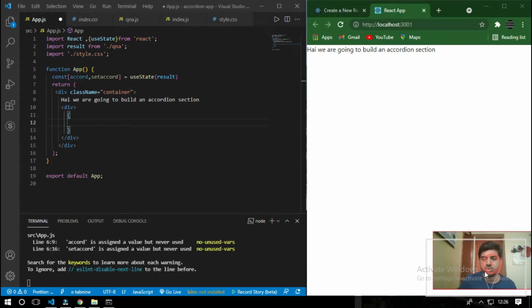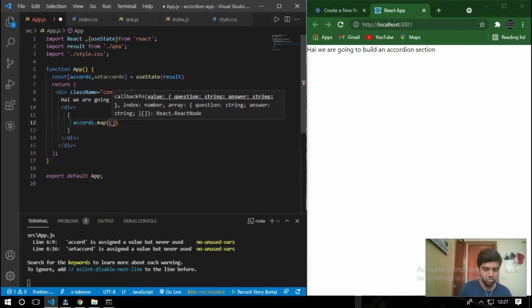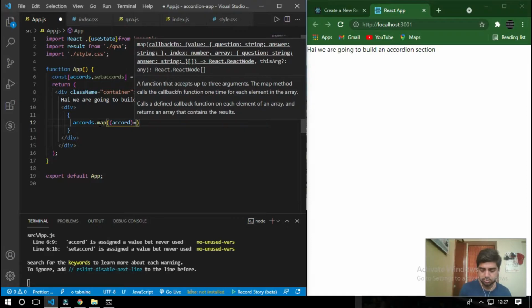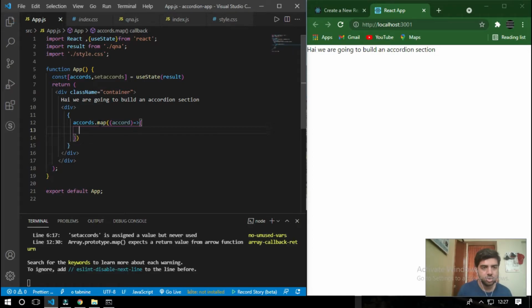So what I'm going to do is I'll say accords, set accords dot map. Okay, I'm mapping each accord. Then for each accord, what I'm going to do is console.log accord dot